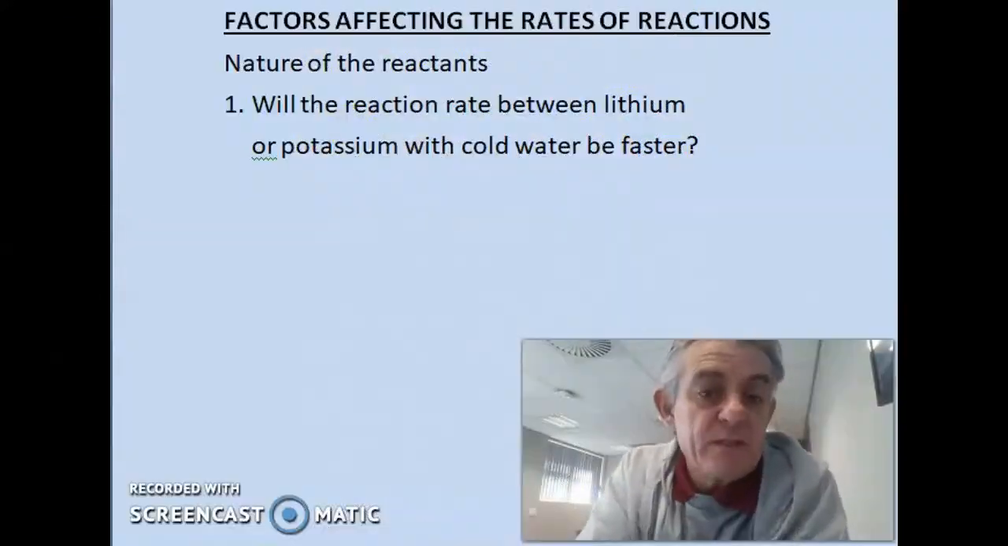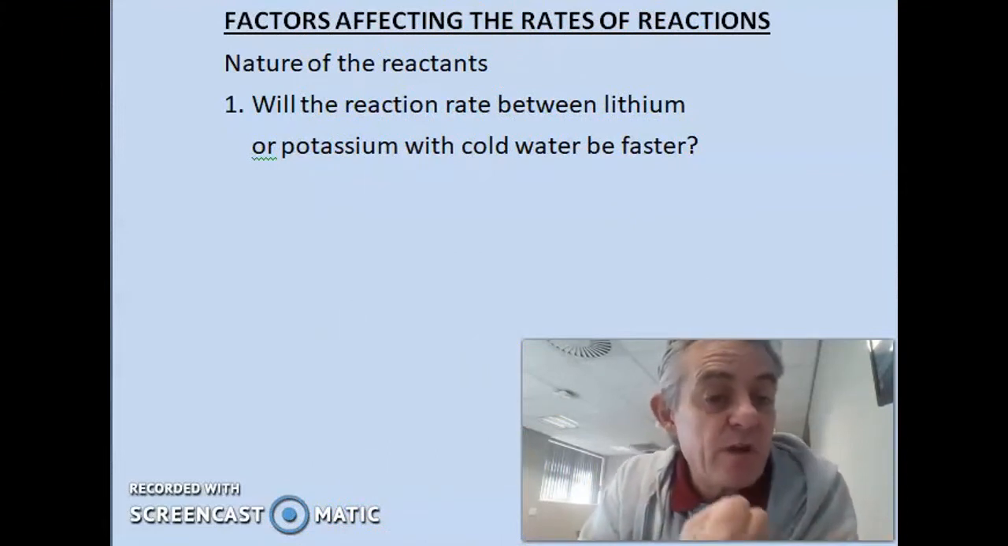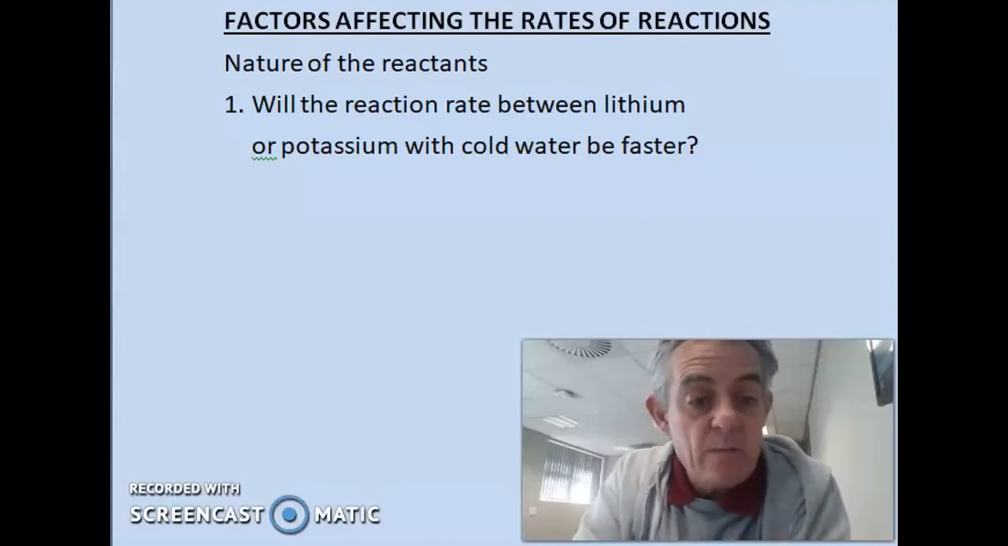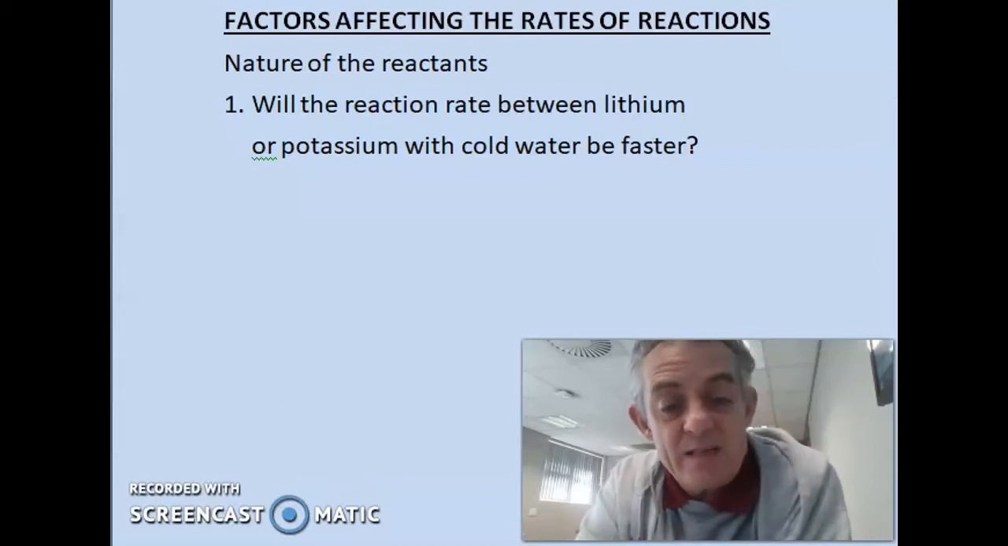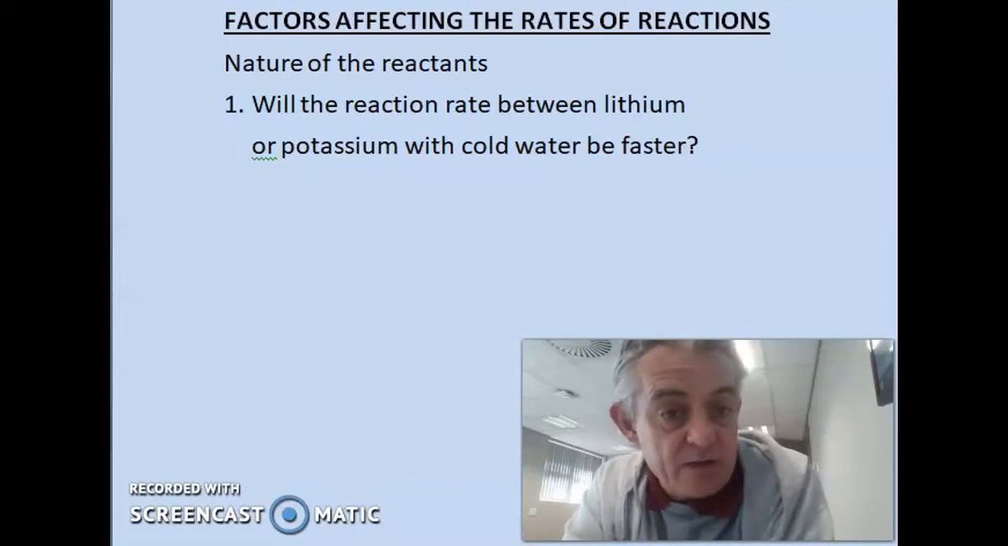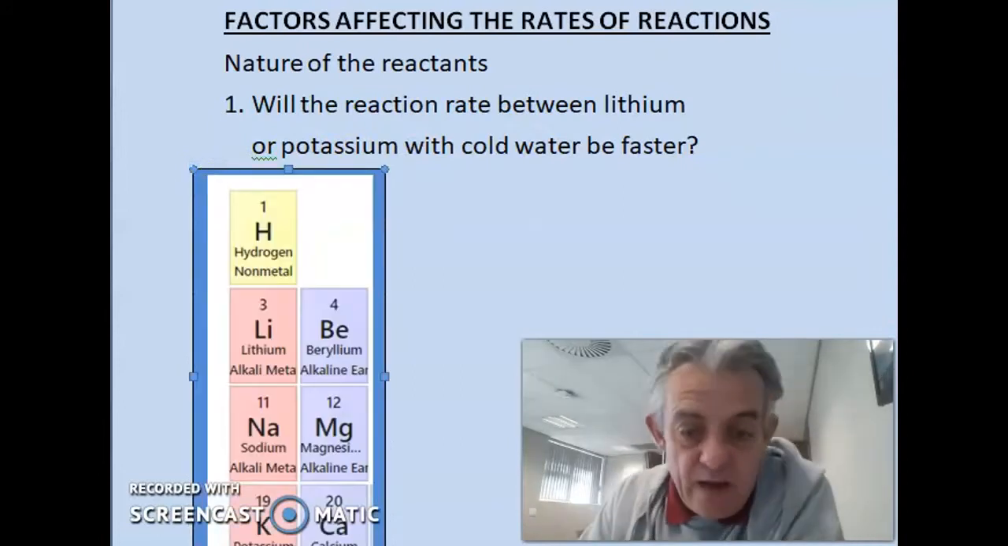Let's see if we can apply some of these principles just by intuition, based on the chemistry you already know. I'm going to start with the nature of reactants. Will the reaction rate between lithium or potassium with cold water be faster? If you remember your grade 10 work about reactivity,